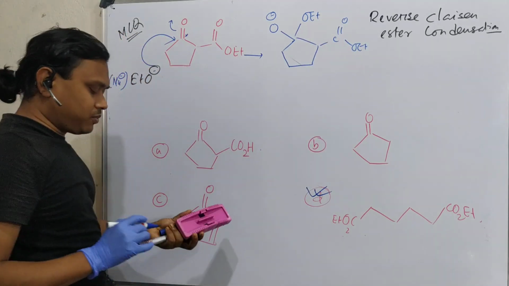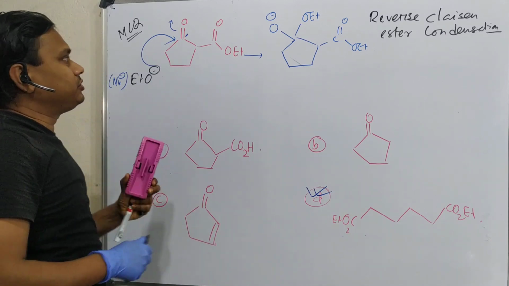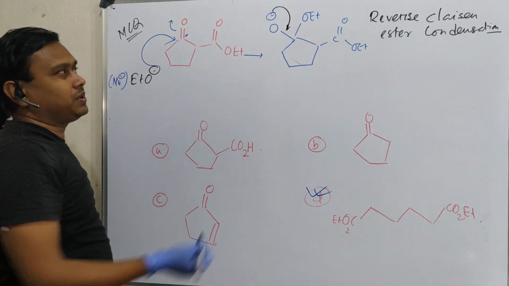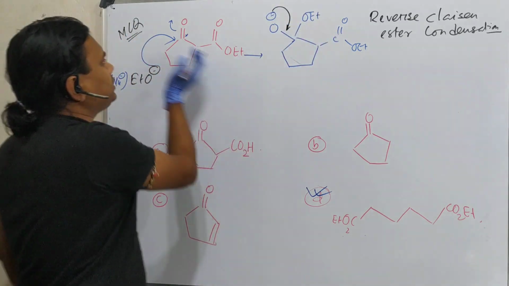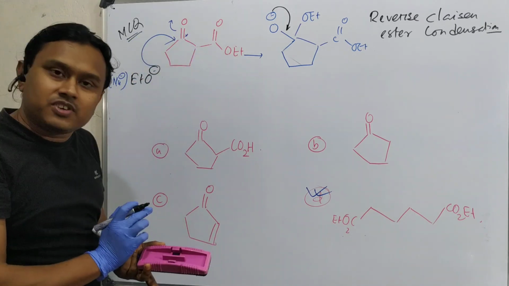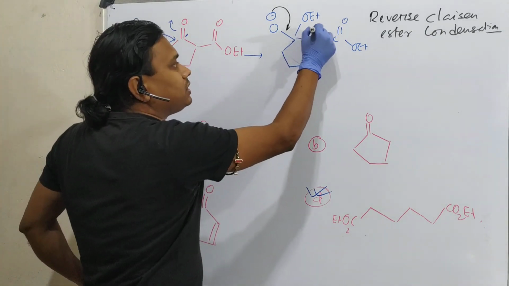Fine. Next step, what can happen? See, actually this is a nucleophilic addition reaction. Now, it can push, what can happen? One step is this OEt can leave, giving back the starting material. And we know that nucleophilic addition on carbonyl carbon is a reversible reaction, doesn't matter. So what are the other options possible? It can come. Why?